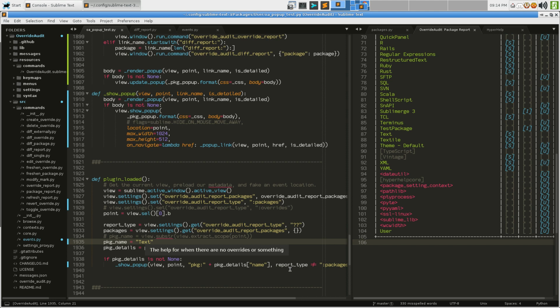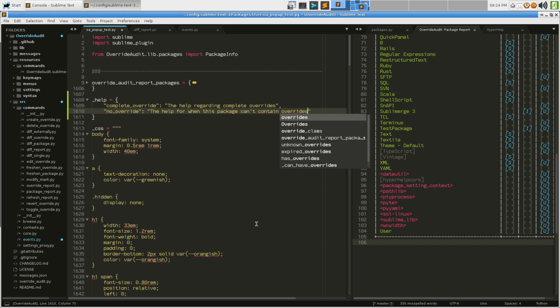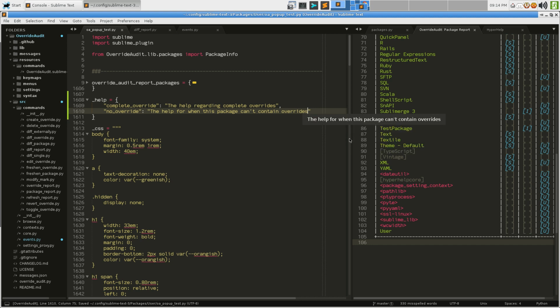And if you click that, the help for when there are no overrides or something. The help for when this package can't contain overrides. There we go. So that's the two help links done, except that in this, we still want to be able